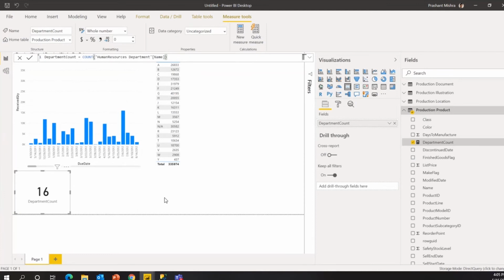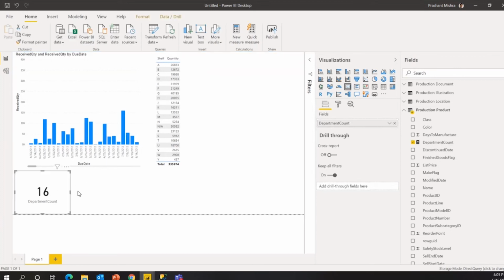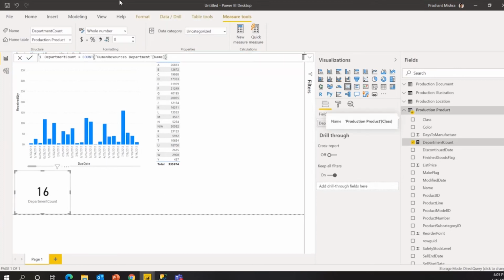So normally we create measures to show KPIs and all. It's very easy to create measures here. And because this was a very simple one, it was just count and sum. But sometimes when it is a very complex scenario, this DAX expression could be tricky. This is called a DAX expression that you see here.